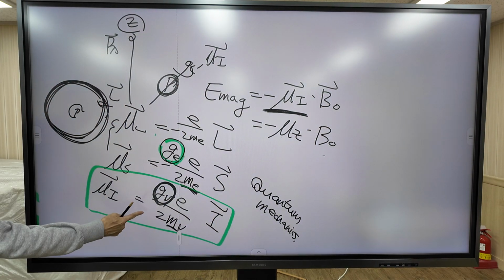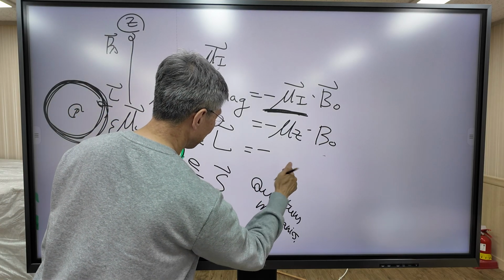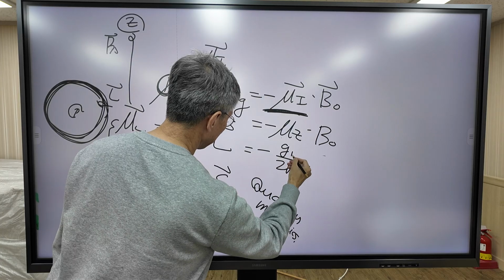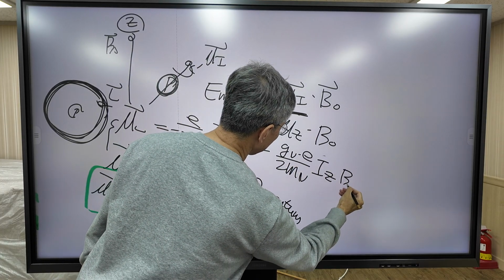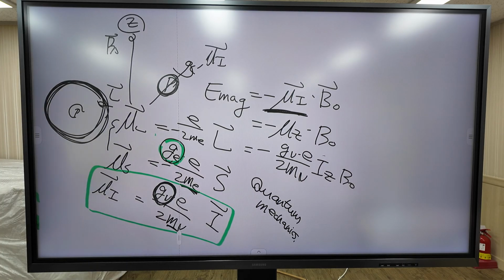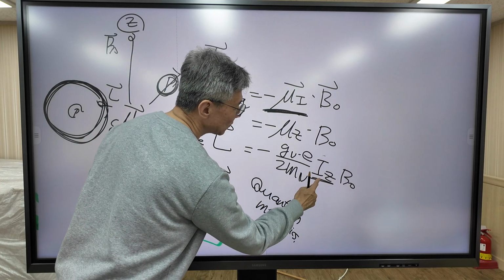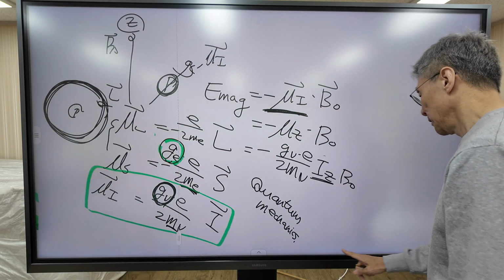Now the z component of the magnetic moment is this. This is my formula. Now we need the spin quantum number in the z direction, but you may remember that in atoms,